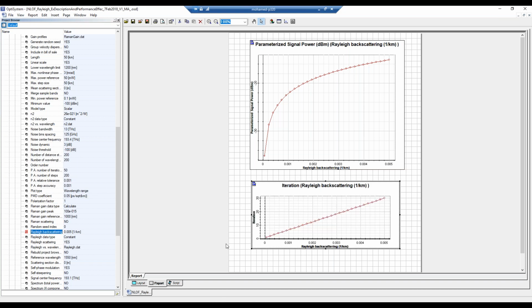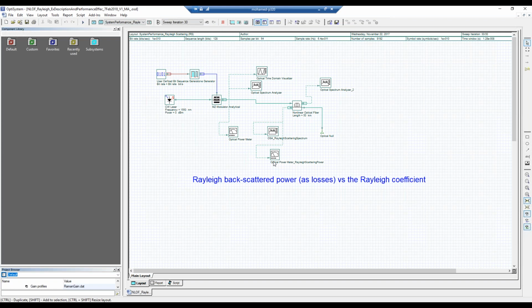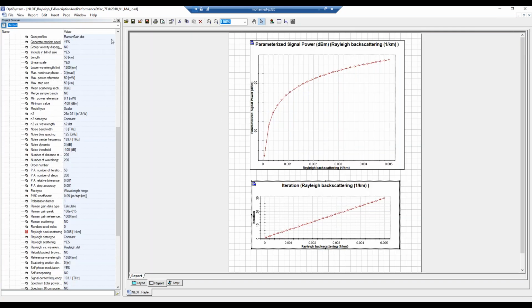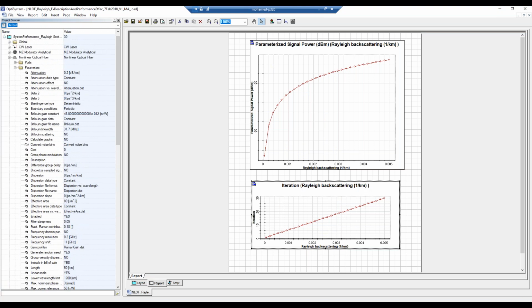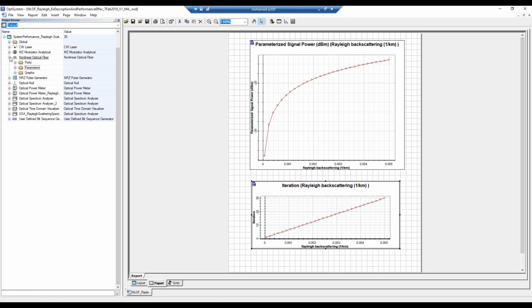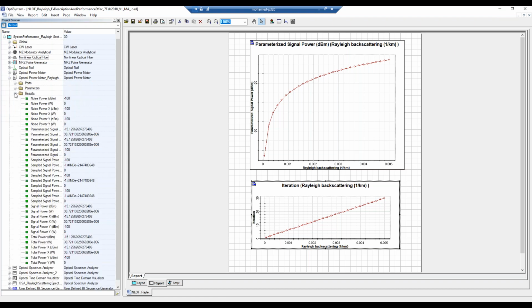By default, this value is plotted as a function of the iteration number. We have 30 iterations, but I want to plot the parameterized signal power. This parameterized signal power, just let me remind you, is measured by the optical power meter, Rayleigh scattering power. So I will go to the report. Don't forget to choose the correct layout. Let me close it just to minimize the search area. It's optical. It's here. Rayleigh and its results, and it would be the power